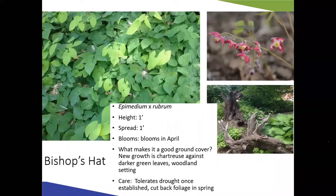Epimedium. Another one which was inspired by a botanical garden, Missouri Botanical Garden. We went to, they had a display, and they were called stump gardens. And so they had these beautiful stumps all throughout this little tiny garden. And then they had hostas and this epimedium all throughout it. And it was just really, really cool how clump forming those hostas and that epimedium